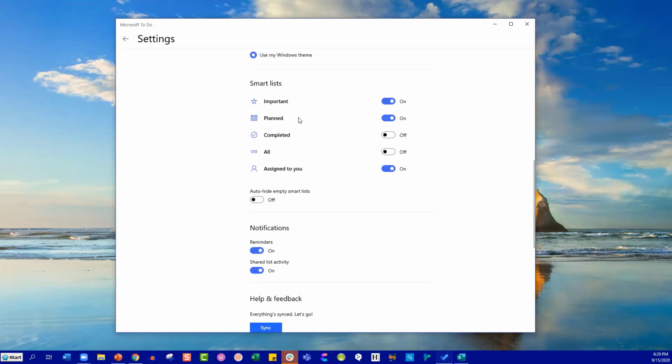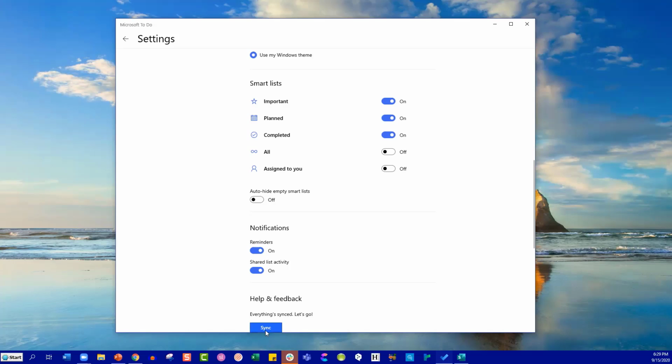Smart lists, these are the things like, I'm going to turn on completed just because it'll give me a sense of accomplishment. And I'm going to turn off assigned to me because I'm the only person with access to my to-do list. So it seems a little bit redundant to show things that are assigned to me. But you can use this within your office, your group, your organization, and say, oh, that's assigned to this person, that's assigned to this person. Notifications, again, that's up to you if you want to turn them on or off. And then if you're sensing that you've got your to-do list on 2 devices and they don't seem to be matching up, come into the settings and hit sync.